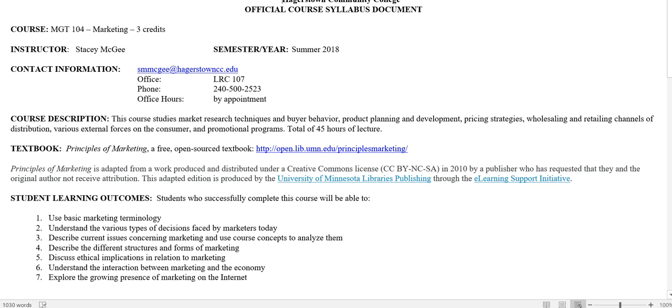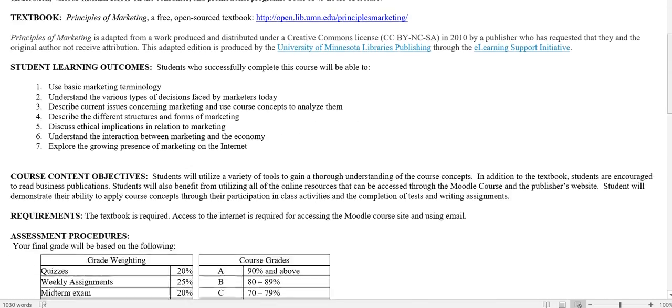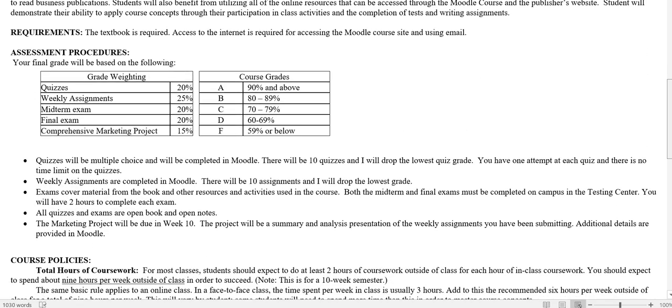So you can see our textbook here. You can see what we're planning to achieve this summer. And I'll let you do that. Your grade, which is what most people are interested in here. There's a quiz for almost every week, I think, maybe two. So there's about 10 quizzes, and those 10 together will equal 20% of your grade. And as you can see down here, I will drop the lowest quiz.